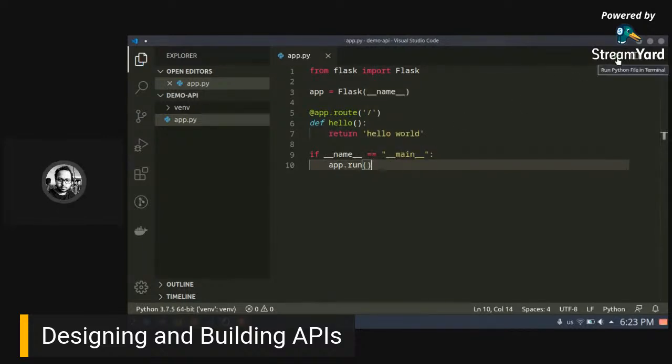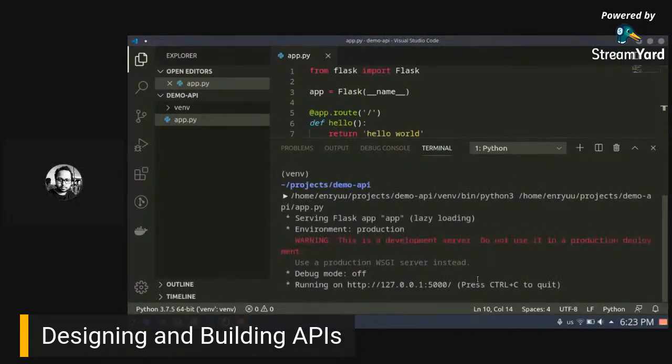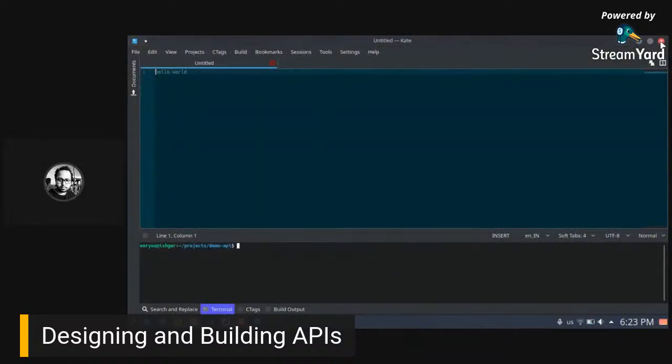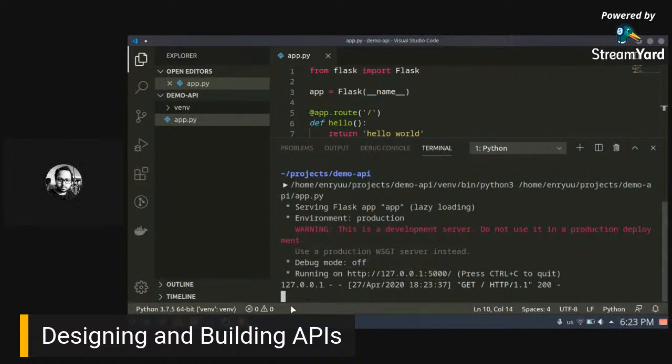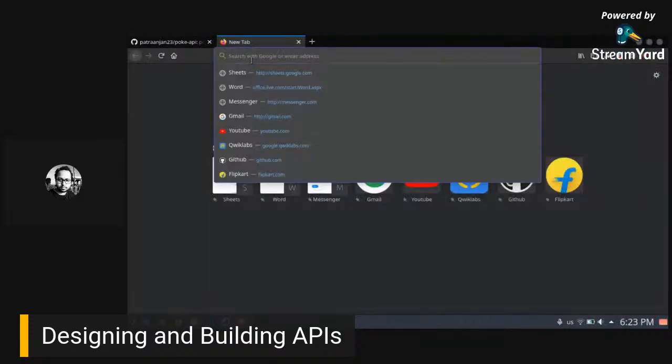Let's run our Python project. Let's see. Okay, our project is running at this IP address. This is the IP address our project is running at. So now if I control click this, okay, never mind, wrong window. Okay, let's go to the IP address